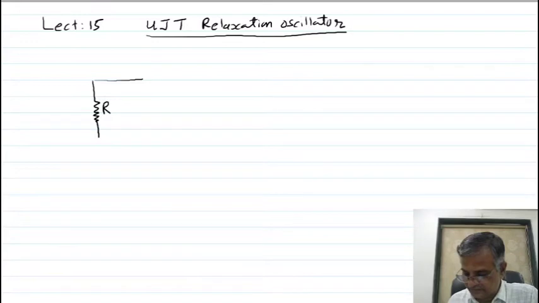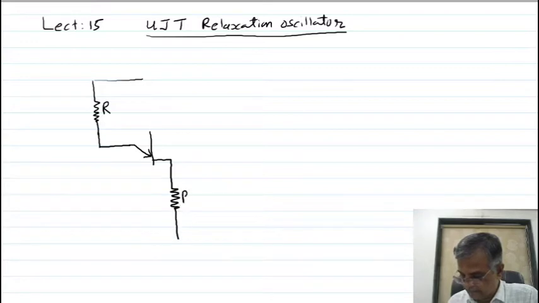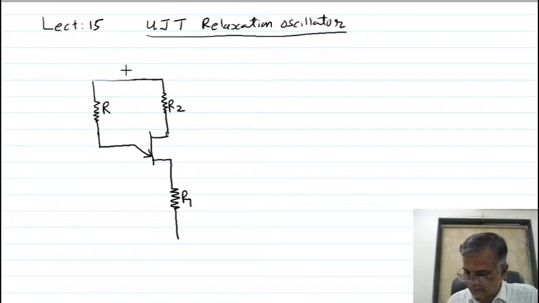This is resistor R. Here you are connecting a unijunction transistor. This is resistor R1, this is resistor R2, connected at base 2. This is your supply voltage. You connected a capacitor